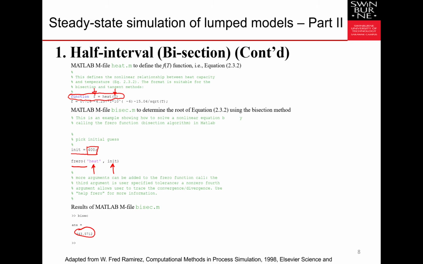In the concepts that I showed you, you actually need two values, 400 and 600. fzero here is a MATLAB toolbox function that has been developed such that it only requires one initial guess. But in reality, if you are using a strict bisection method, then you need two initial guesses that have different signs of the function value.